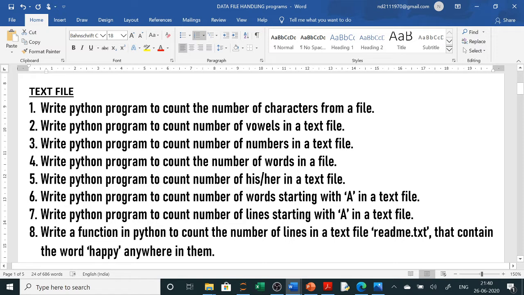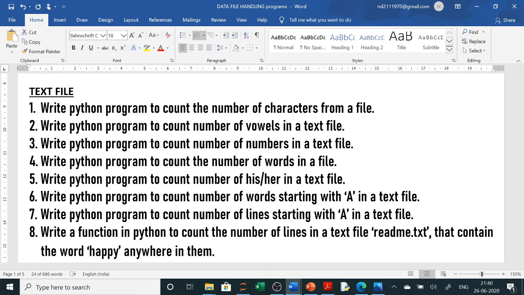Now whenever we do a text file, we use three methods. One method is character wise, the second method is word wise. Suppose they ask you to search how many of this word are present, how many of that word are present, any word you are searching. And the third one is line wise. So whenever it is character wise, you will use read. Read will read everything in paragraph form, and if you want to access character wise, you can use a for loop and it will access character by character.